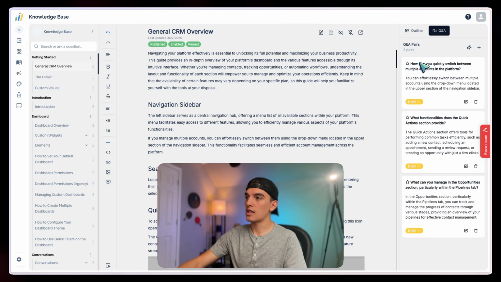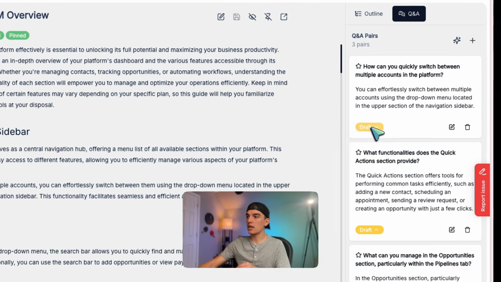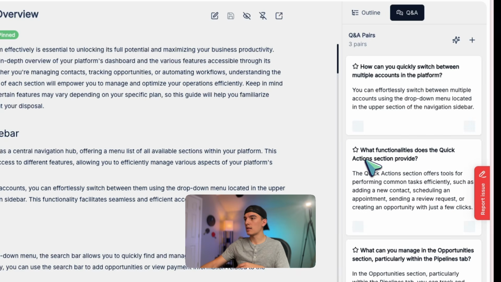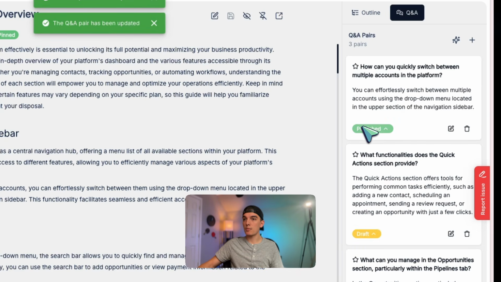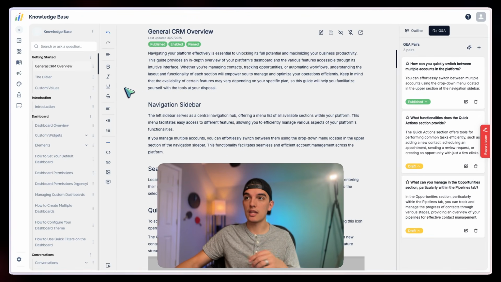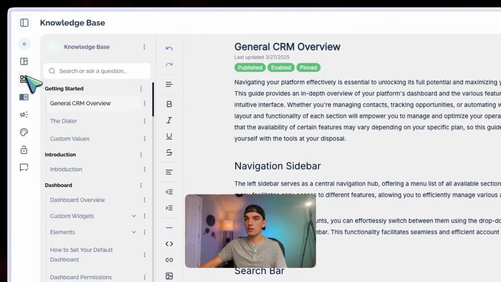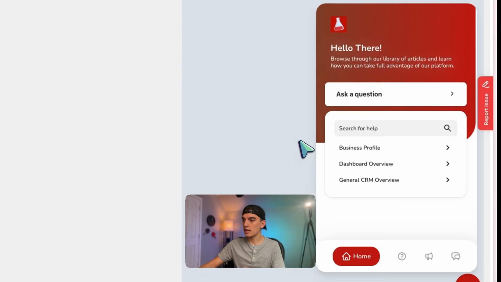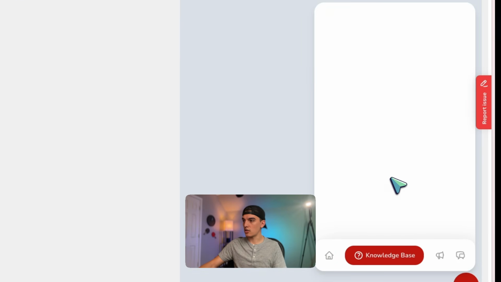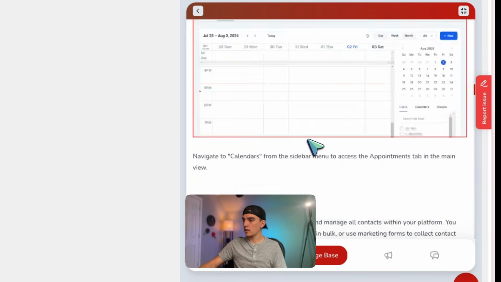So you could choose how... you can quickly switch between multiple accounts in the platform, and you can choose to publish that. And then once that's published, it's going to be paired with that particular article inside the knowledge base. So if I go over to the Extendly widget and click on, let's say, general CRM overview,